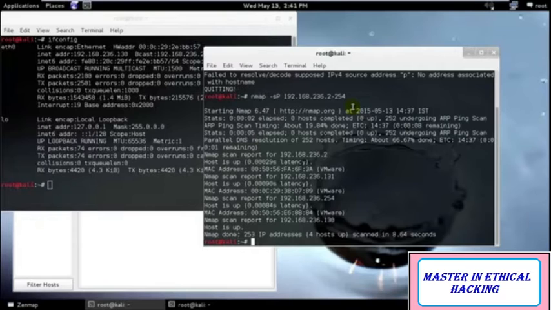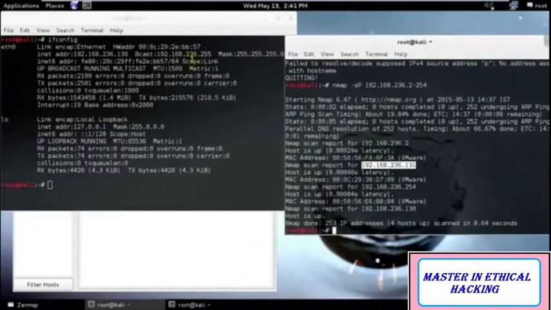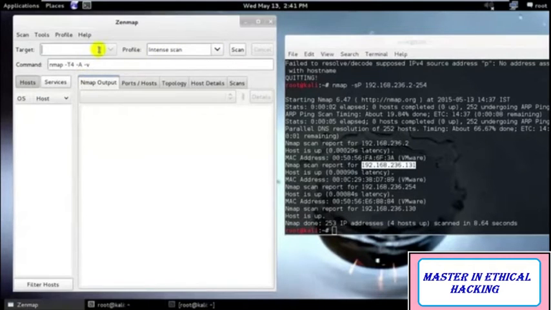As of now, I am assuming you are on the same gateway and you have the IP address the same way I told you last time. So now I want the operating system information about this specific IP address. So what I would do, I would go ahead and use my Zenmap. I'll type the IP address over here,